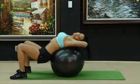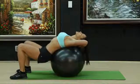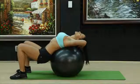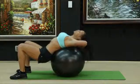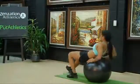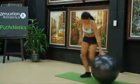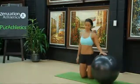You should feel this in your chest and your back. Just relax. Feel the stretch. Breathing in and out. Good. To get up, just simply roll up until you're sitting on the ball and then stand up. Our last stretch,